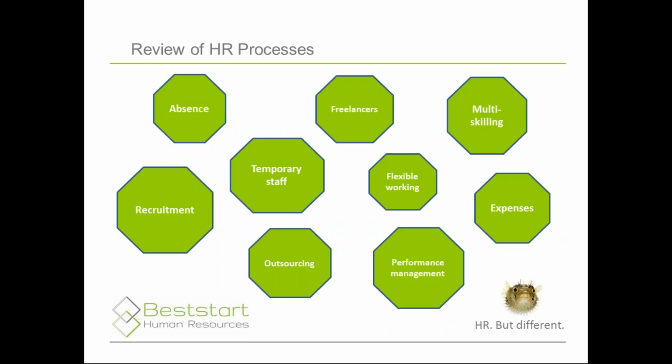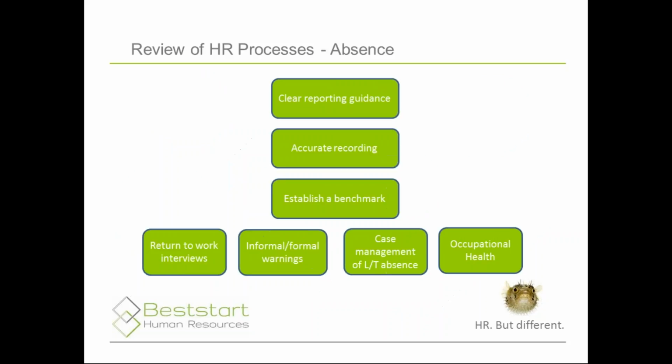However, again, if there's a particular topic that's on that slide that I don't cover that you think, that sounds interesting, please put up a question as we go through, or drop me a line. I'm happy to talk you through all of them. So the one we're going to look at first of all, which is the one that often gets missed, is looking at absence. So with only 2/5 of organisations monitoring the cost of absence and the average cost of absence per employee per year being on average £554, there is usually considerable opportunity to reduce costs related to sickness absence